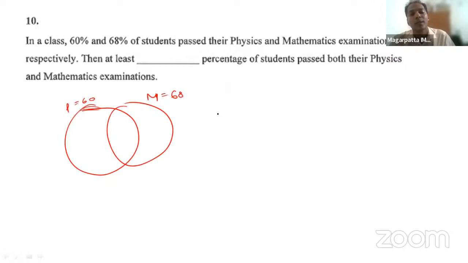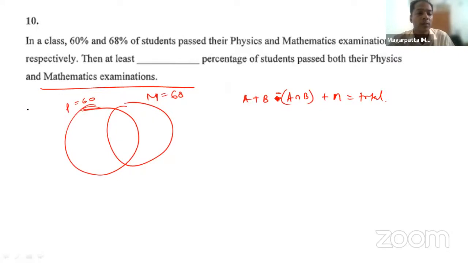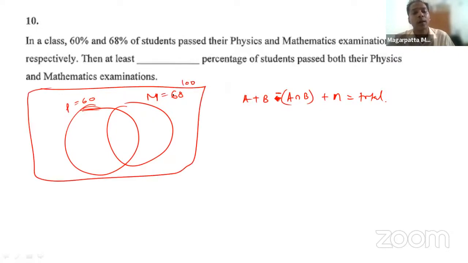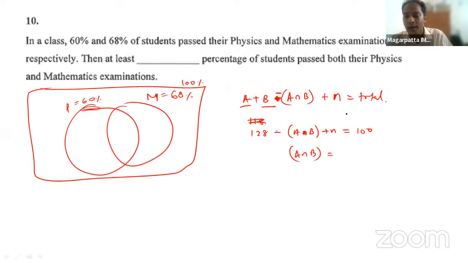Okay, so the formula: A plus B minus A intersection B plus n is equal to the total, right? This is what it is. And here the total would be 100% because all the values are in percentage terms. If I ignore the percentages, 60 plus 68, 128 minus A intersection B plus n is equal to 100. And from here I know A intersection B is equal to 28 plus